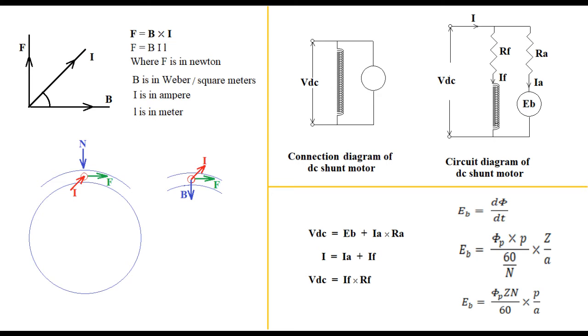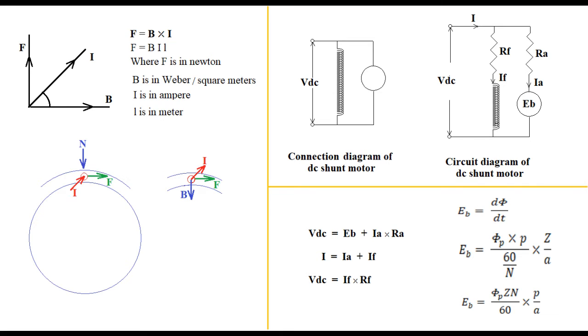In our example, the magnetic flux B is turned towards the conductor current I, so we get the direction of the mechanical force. The slide shows the orientation of the three vectors B, I and F at the center of a rotor conductor. All conductors under the N pole are in an identical situation, so the forces will drag the rotor in the clockwise direction. If each force is multiplied by the radius, measured from the center of the shaft to the center of the slot, then we get the total torque exerted by conductors under the N pole.